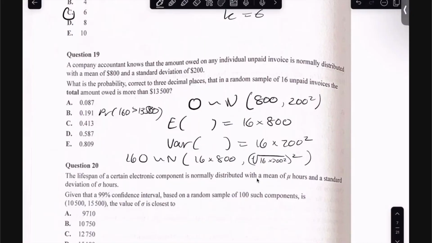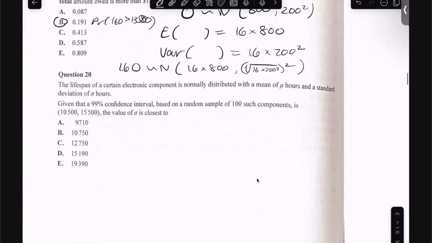0.1907 or 0.191. B. The lifespan of a certain electronic component is normally distributed with a mean of mu and a standard deviation of sigma. Given that the 99% confidence interval on a random sample of 100 such components is given, we can make a